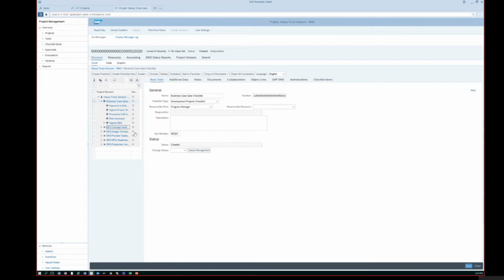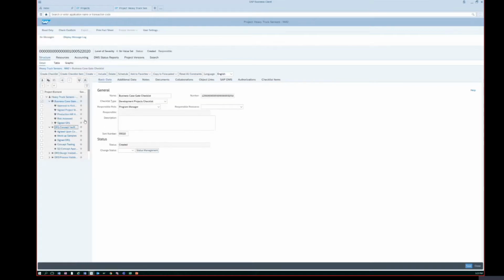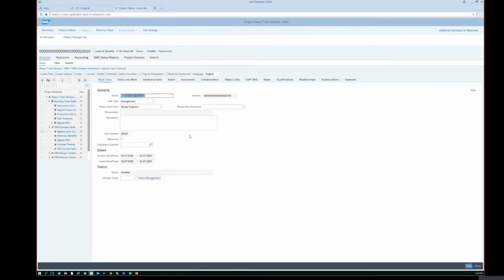I just put the checklist under the project definition. So let me explore the phase, and I see here the different tasks below those phases. Tasks basically form the basis for planning your activities in the project. It has duration, it has resources to be assigned. Once in the detail section of the task, it also could be a milestone task to do a milestone